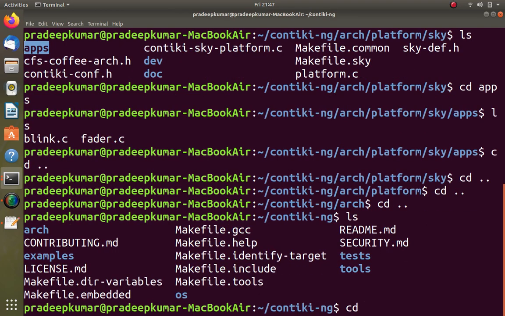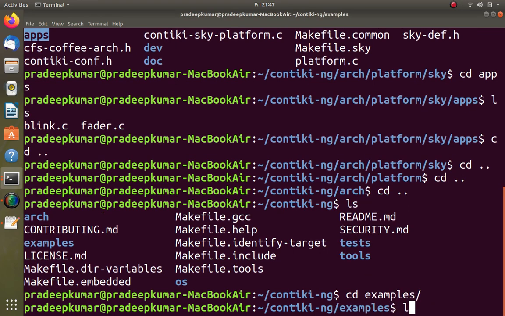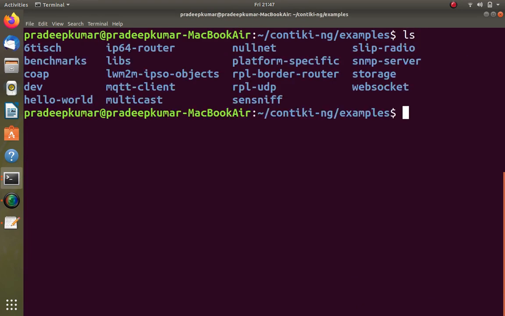Next thing is the examples. This is where we are going to look, and in the examples you see there are so many examples. Contiki is a new operating system and has many different libraries. It uses protothreading, as you might have learned in the protothreads presentation in week 3. Most of the code here has been written using the protothreading mechanism. So we'll be seeing a couple of protothreading examples and how they have been written.